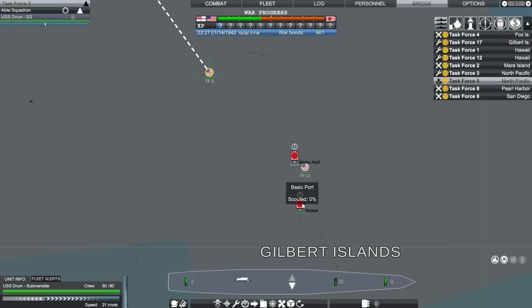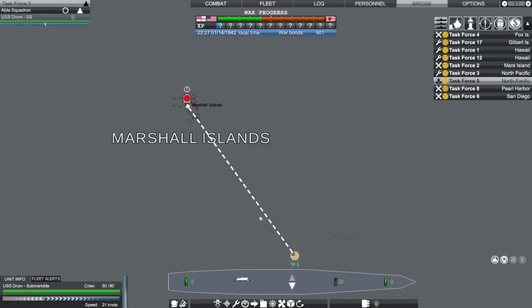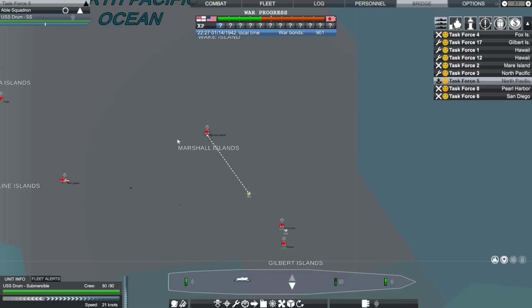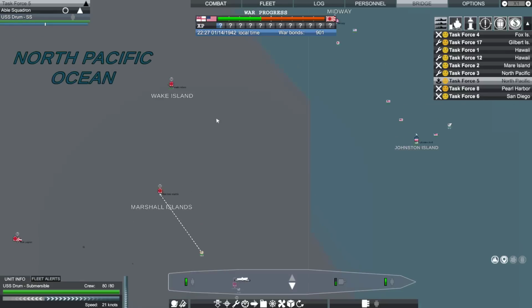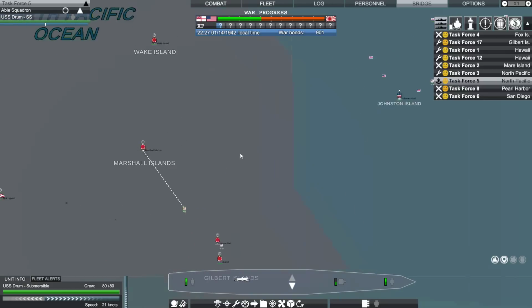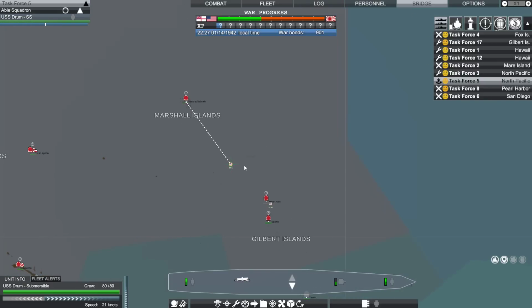Instead of being sent south to scout Tarawa, which I guess I can just very easily do with Task Force 17 itself, the USS Drum is being sent northwest to the Marshall Islands, where she'll reconnoiter. Then she'll either go north to Wake Island, or return to Johnston Island, or ultimately Pearl Harbor, for an upgrade. The one thing she's missing right now is that radar, which would...